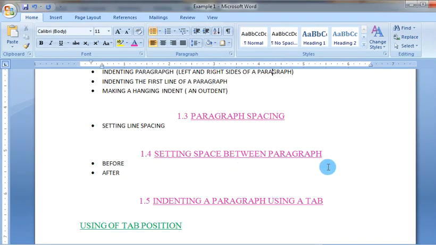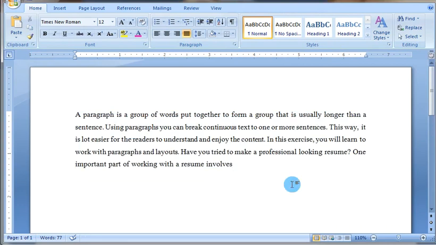Now setting space between paragraphs. We can set space before and after the paragraph. To set space before and after the paragraph, we have to select multiple paragraphs.